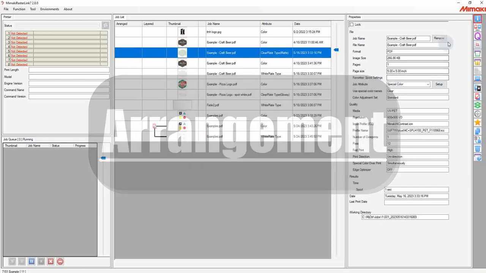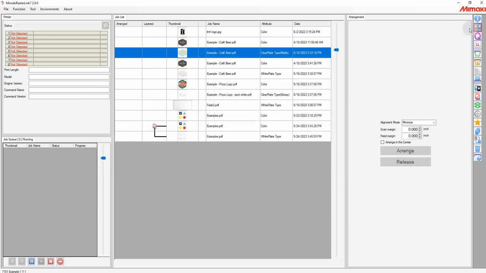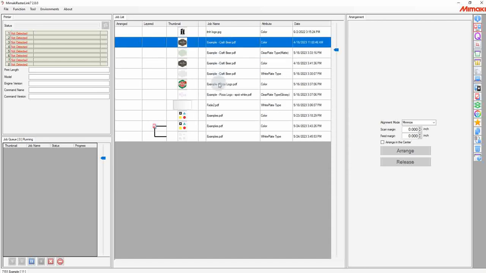Next, we'll move on to our arrangement window. The arrangement tool is for linking multiple jobs together to be printed at the same time with the same layout. For example, we could have two different color jobs